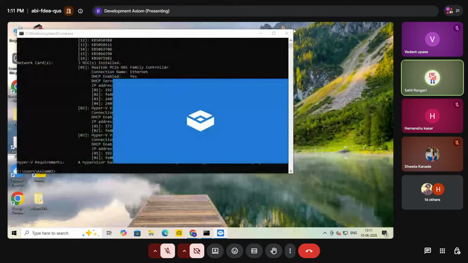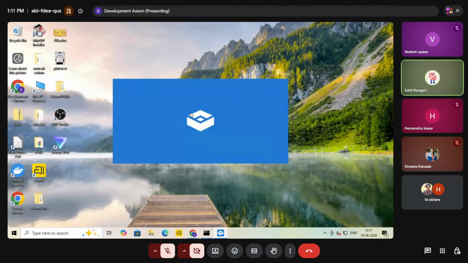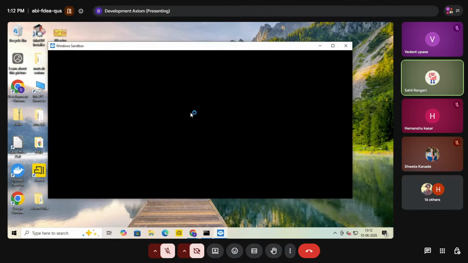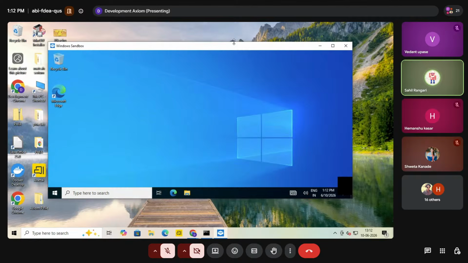I'll minimize the slide. Here we have the virtual environment of the entire system, which is for security and testing purposes. Whatever test cases were done by Himanshu were already tested in the system, but the sandbox gives a particular virtual interface environment where we can do anything we did with Windows, exactly like Windows.